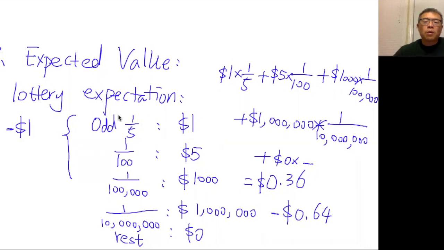Now you must ask me, where do those odds come from? Those odds you should be able to calculate based on the rules of the lottery. Like if they say whenever you have a 6, you win a certain amount of money, or whenever you have a combination of this or that, you get this amount. You can use those rules to calculate the odds. If the lottery is designed really well, you should always expect to lose money, because that's how the lottery company gains money: you lose money to them.